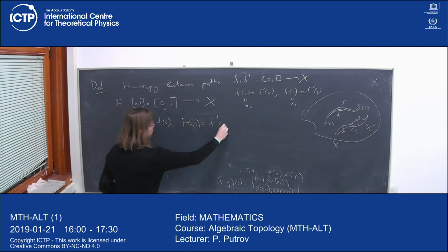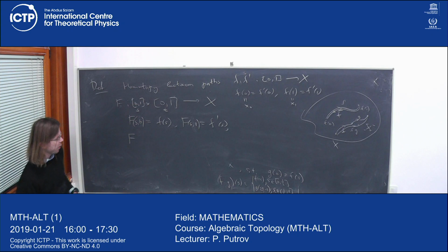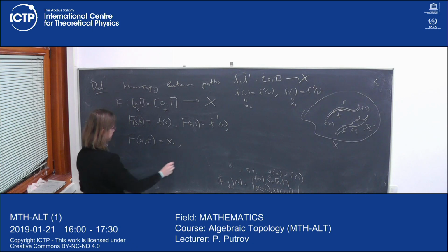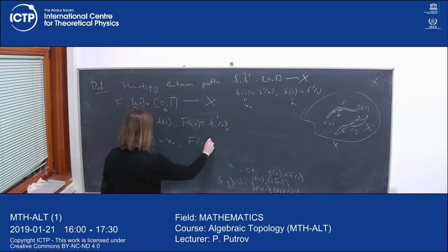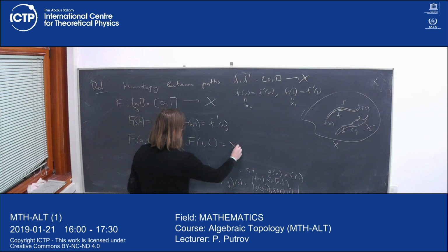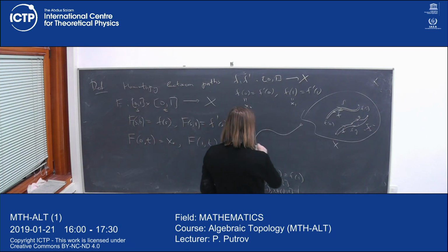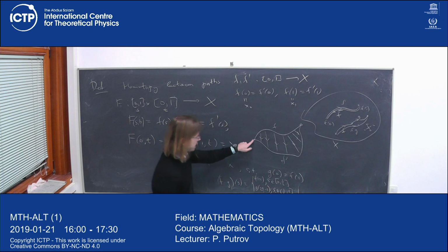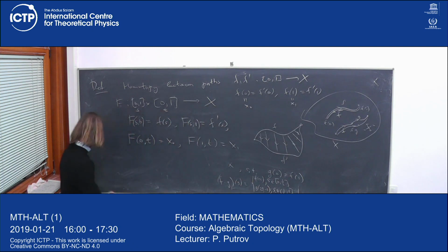And so this part looks like the ordinary homotopy, but I want a condition that for any t, if s is 0, I stay at x0, and for any t, when s is 1, I stay at x1. Essentially, when we consider a homotopy of paths F and F prime, it looks like before, but we keep the starting points fixed.